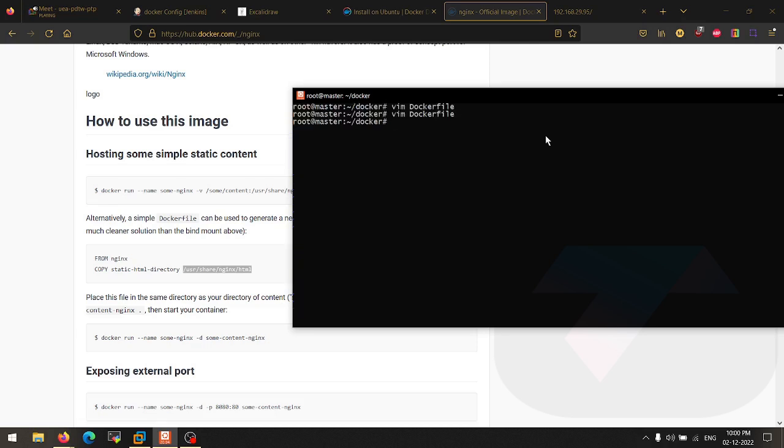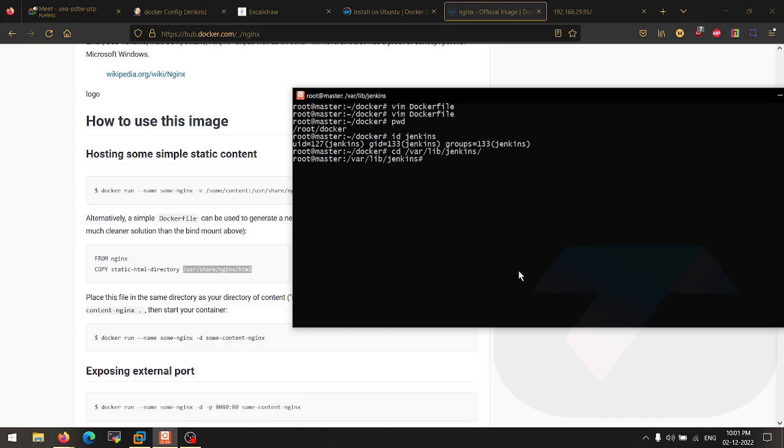Hit enter, the file is ready. Okay, now I have to provide the path as well. This is the path. So let me place this file somewhere else, because Jenkins is going to execute this file using the user Jenkins. Yeah, it's going to execute this path using the Jenkins user. So it will be difficult for the Jenkins user to execute this file.